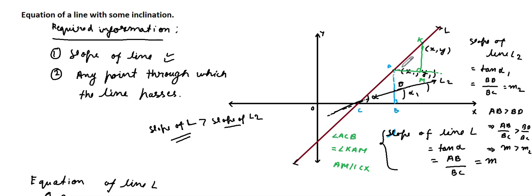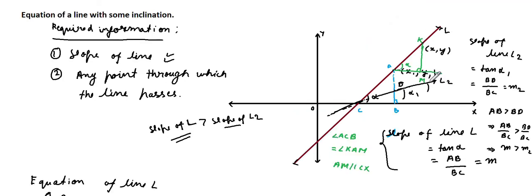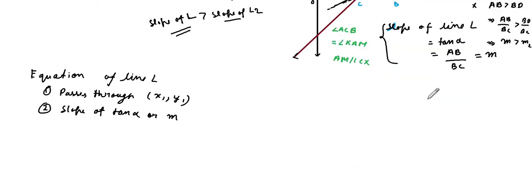So following the concept of the transversal line, we can simply say that it is also alpha. Now we can represent tan of alpha as something like